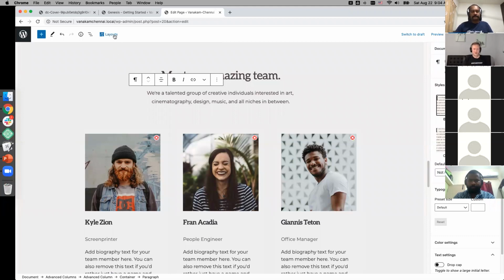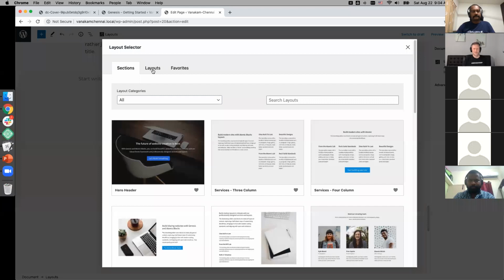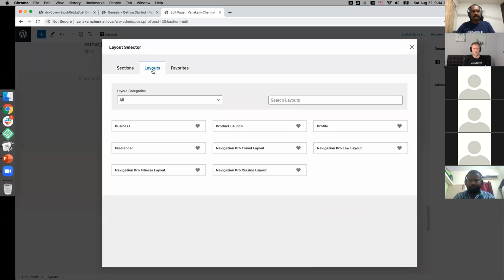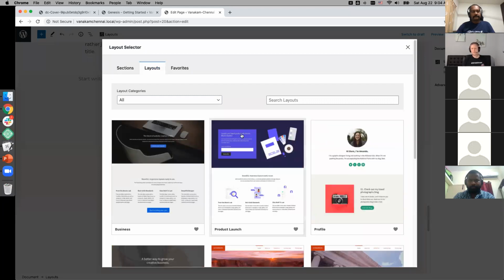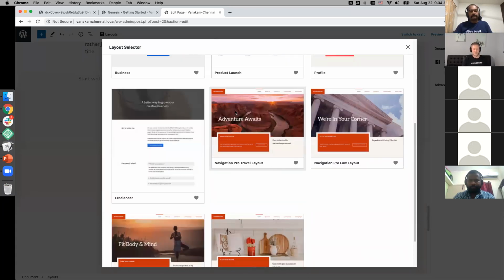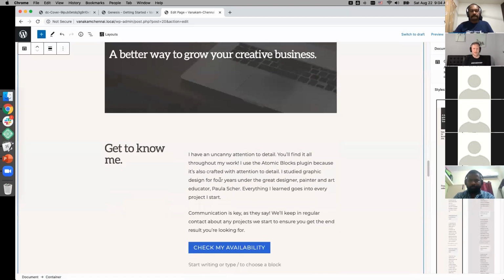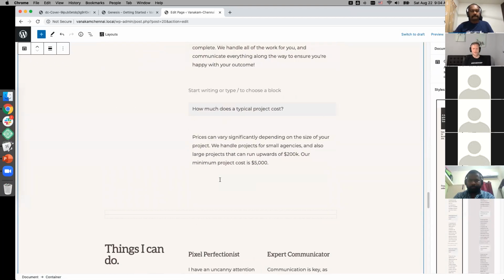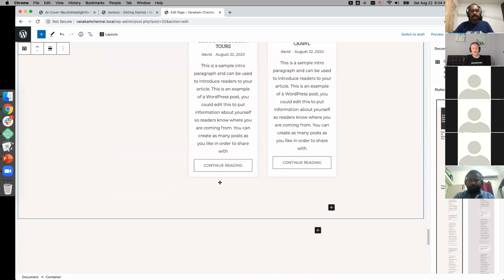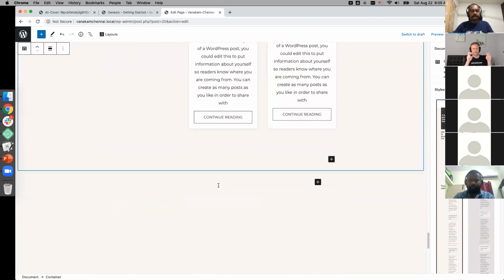And then another area that Atomic Blocks has, again, soon to be Genesis Blocks, is this notion of layouts. So this would be a whole page of content. And so we can go in here and basically do this and select that one. And we can go through, and this is an FAQ layout, and it's supposed to essentially represent an entire page